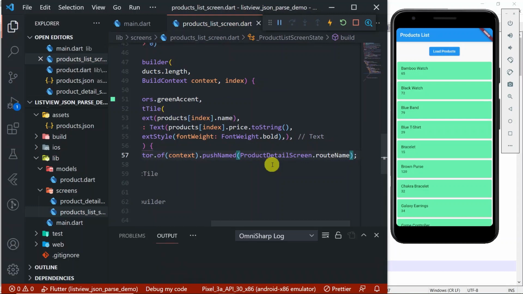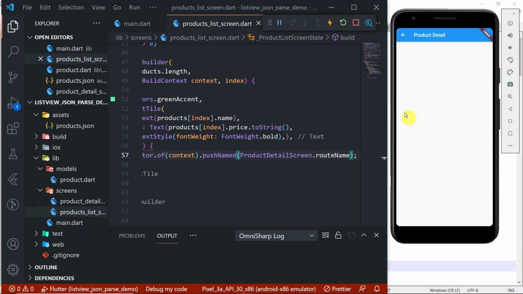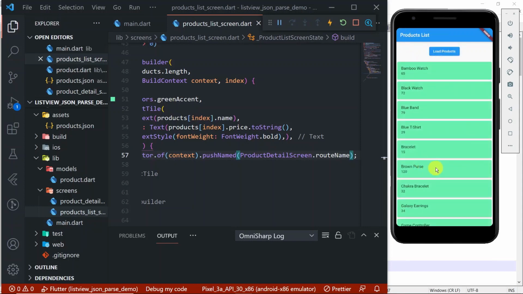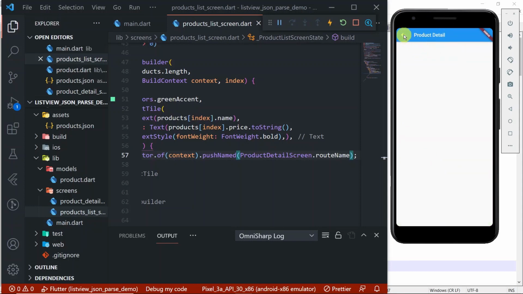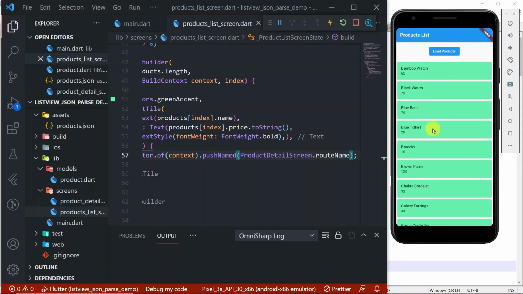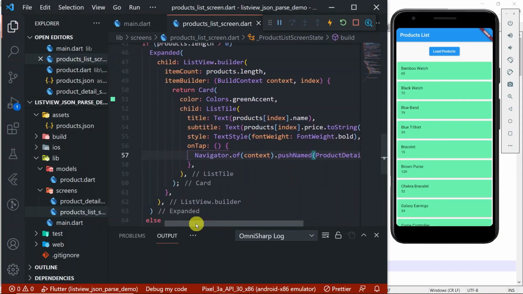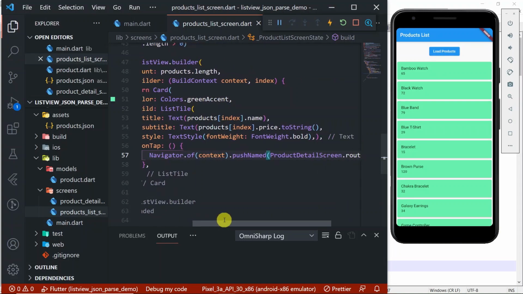Okay. Let's see it here. If I click on blue t-shirt, then it will redirect to the next screen called product detail. I'm just coming back and clicking on this one and here also. So it's okay. We are changing to the next screen, but we need a value, right? Which value, which product we are